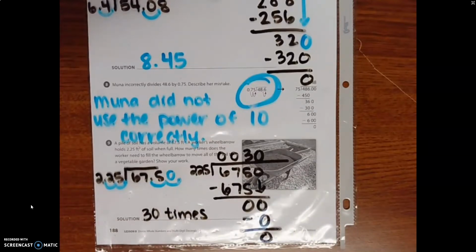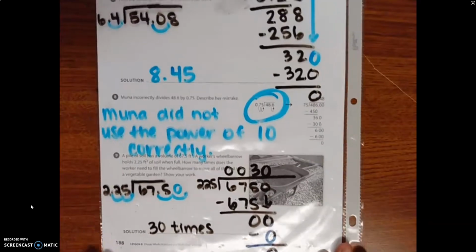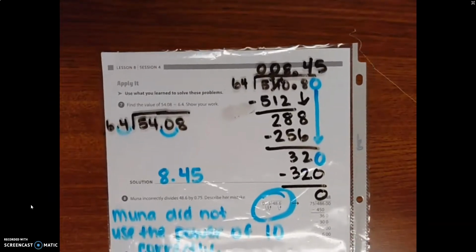It will take 30 times for you to go ahead and take that wheelbarrow back and forth to get all that soil gone. Okay? So again here, you can go ahead and you can go back through the video if